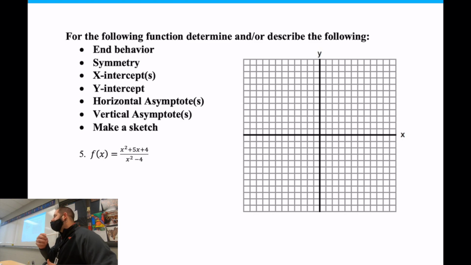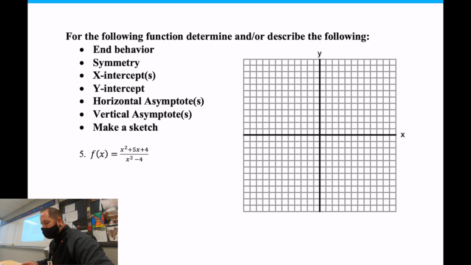The last round, I thought the sign graph takes way longer than this one. Out of these 2 problems, the sign, that last one we did was way harder than this one. You just have to figure out end behavior, figure out where the symmetry is, the x-intercepts, the y-intercepts, the horizontal and vertical asymptotes. There's just little pieces. Now, I did not put these in order of how I do them. I just put all the items up here that you need to be able to handle. Okay, so